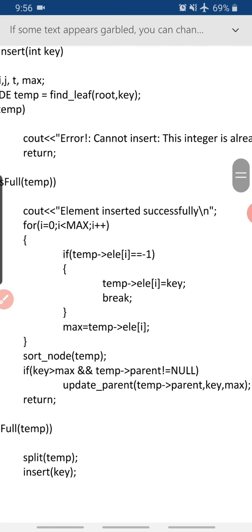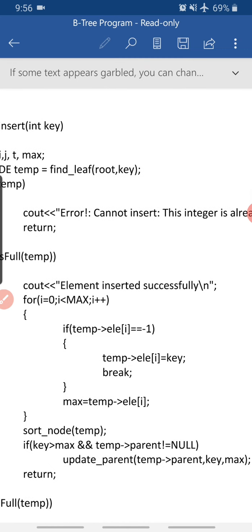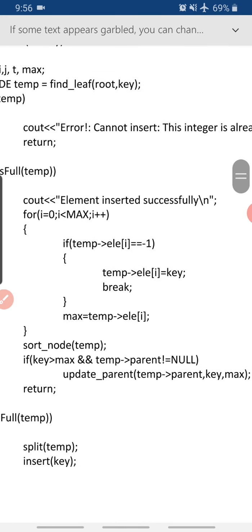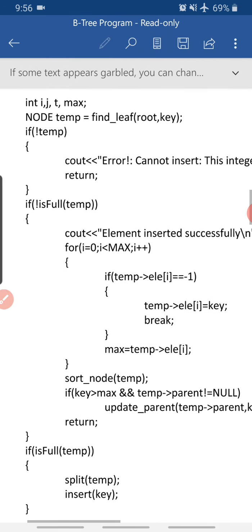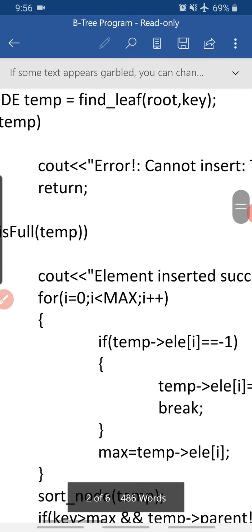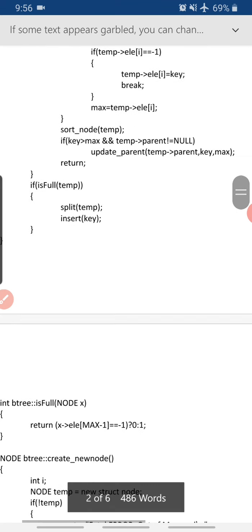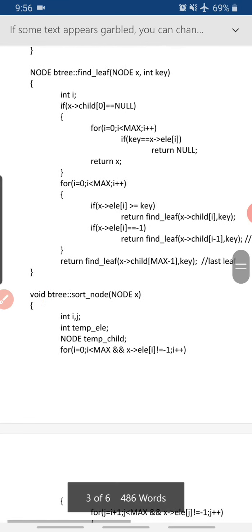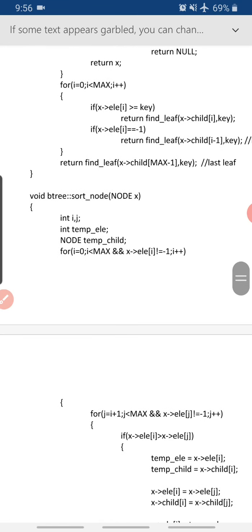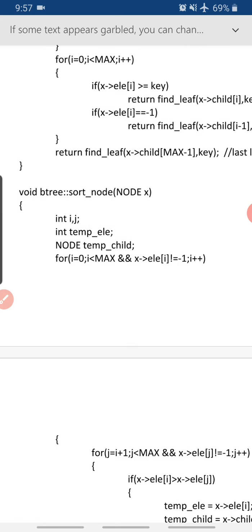And then we say sort node, and then we have to check what sort node is. But every time, what max is telling us is the last or the maximum value which was in that particular node before the insertion of key. That's what max is trying to refer to. And this max here is a local variable that refers to the last value which was present in the node. So now we're calling sort node. So let's see what's there in sort node. Sort node is trying to check that we just put the new key in the available position wherever there was -1, but we need to take care of sorting the whole thing now.